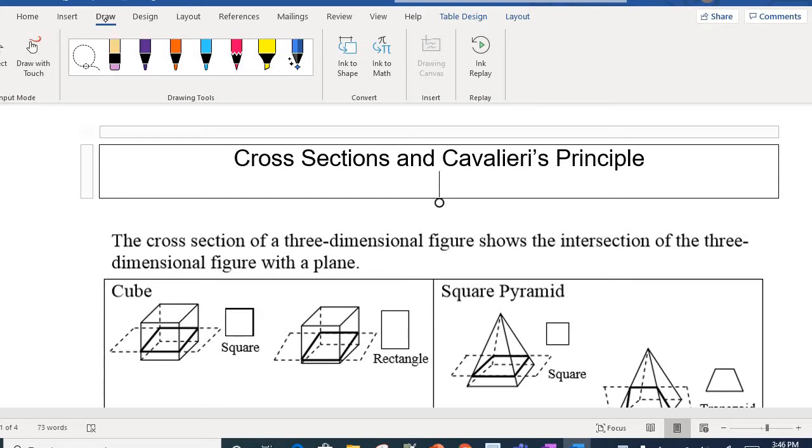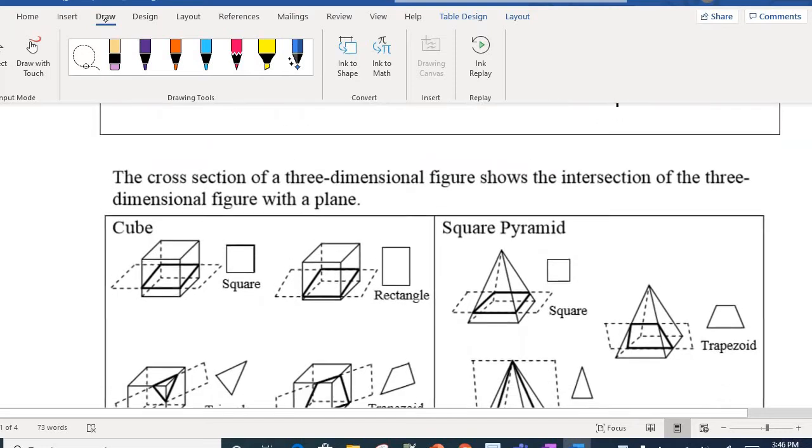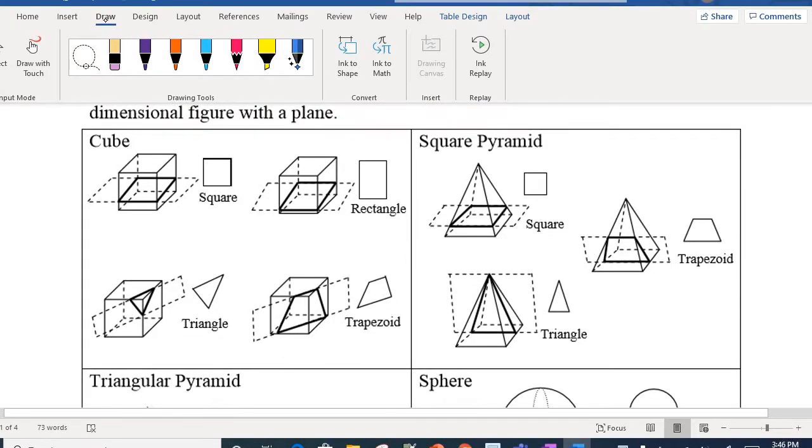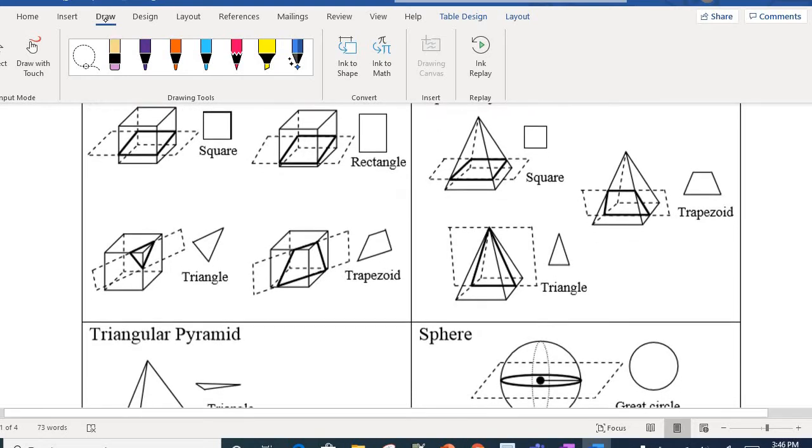Now, there's a few ways you can do slices. You can do them horizontally, vertically, at an angle. So there's a few diagrams here that illustrate the different types of cross sections that you can get from these different solids. One comment I would like to make regarding cross sections is that a lot of times